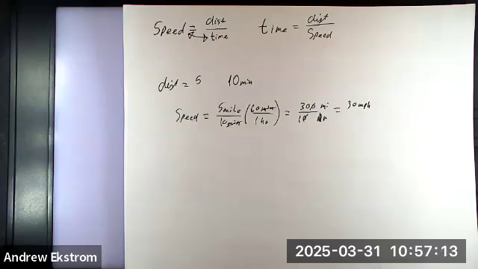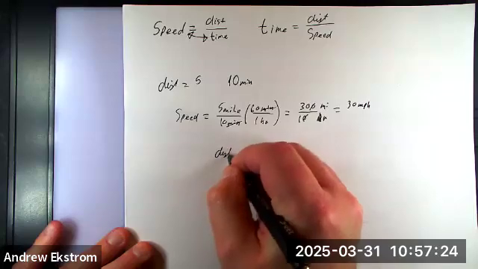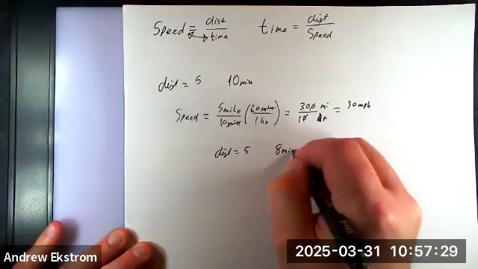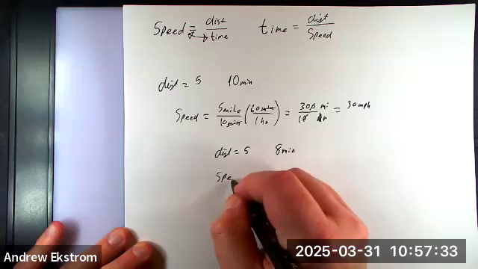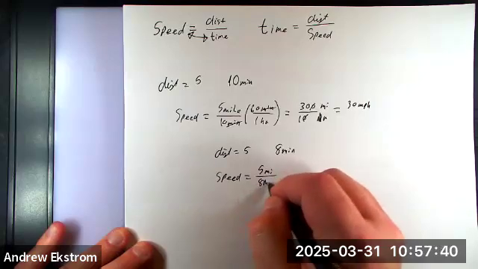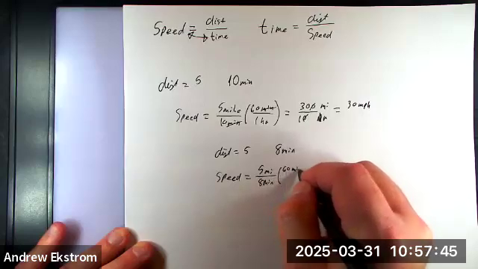Now, let's say I'm running a little bit late and I need to save, say, 2 minutes or 3 minutes. So I can go back. The distance is still going to be the same. But let's say I need to do it in 8 minutes. What speed do I need to go at? So again, it's going to be 5 miles in 8 minutes. Same thing going on here, 60 minutes